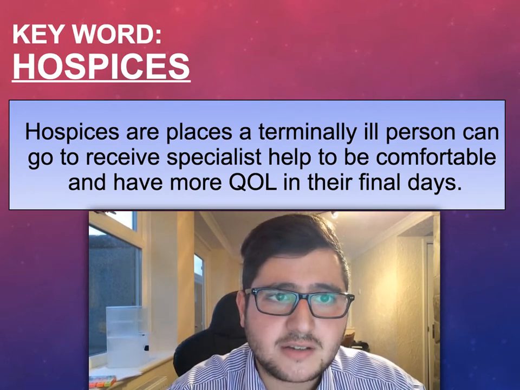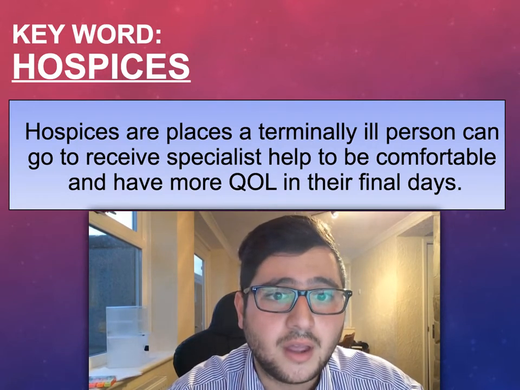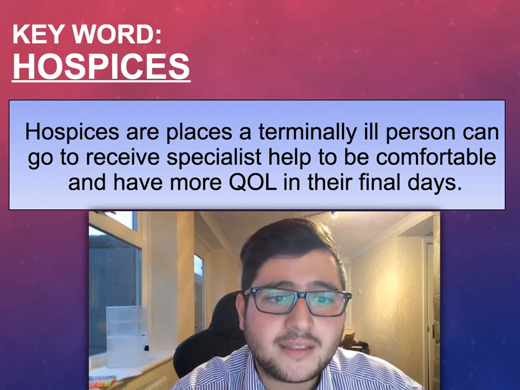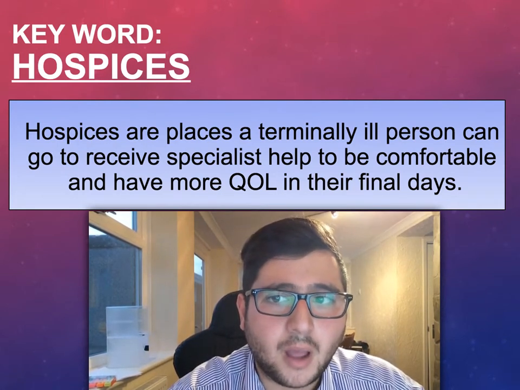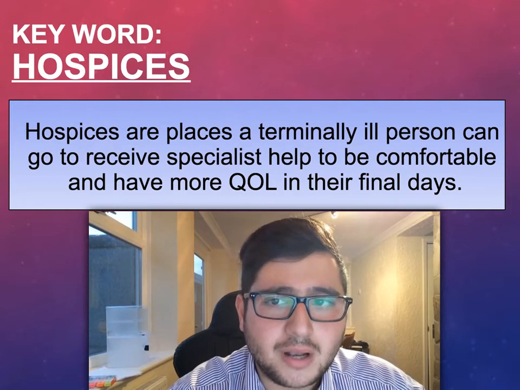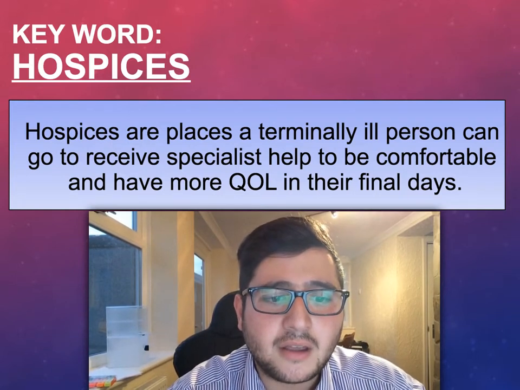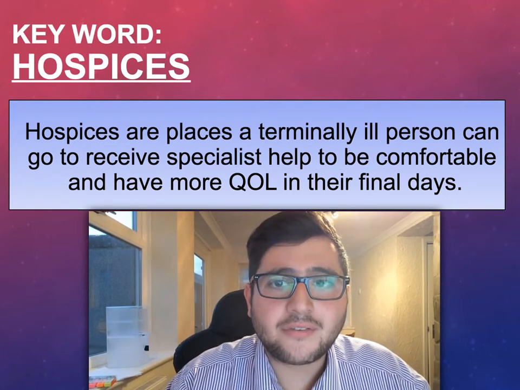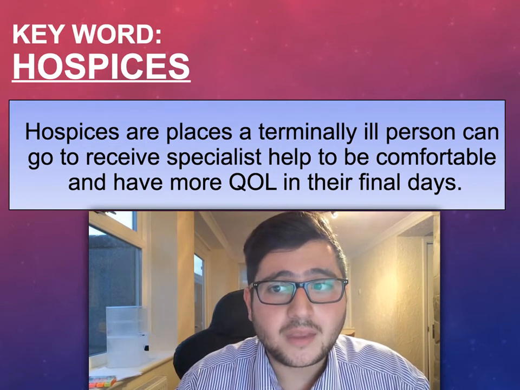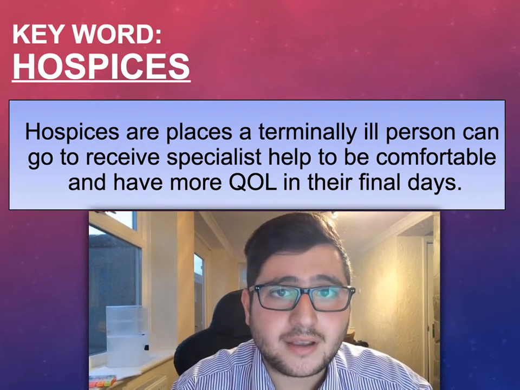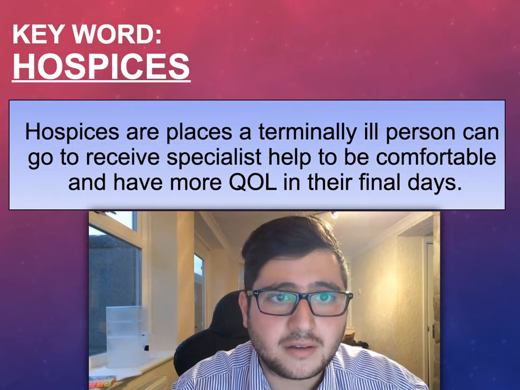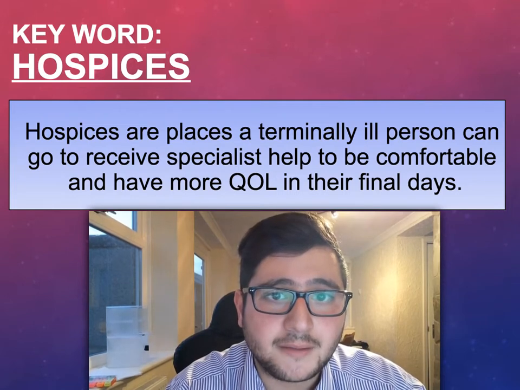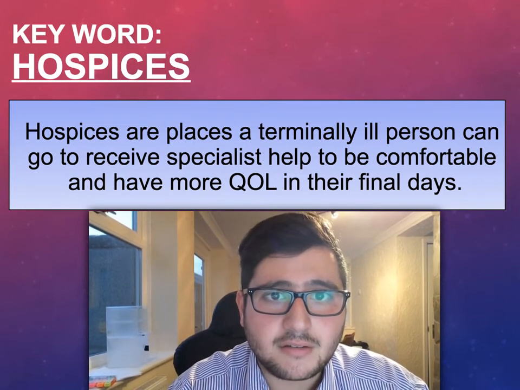And so hospices are a place where someone that is terminally ill can go, and they'll be looked after and treated with dignity, so that way they can end their final days with some form of comfort. So they'll be medicated, they'll be looked after by trained professionals and so on. And what that does is it increases their quality of life, because someone that is terminally ill might not have so much quality of life left. A lot of people that are against euthanasia will say that this is the best possible alternative, and actually, because we can provide this level of care for people that are dying, we don't need to consider euthanasia.